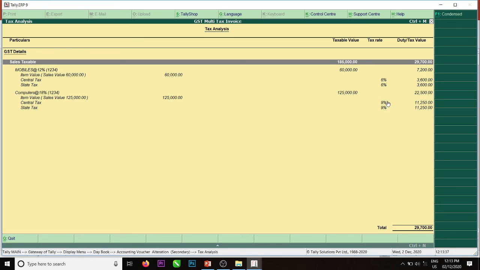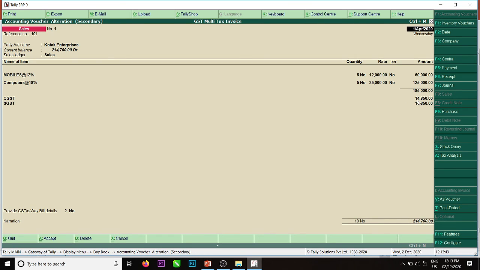But with these two, 9% and 6% SGST, CGST, in the invoice it is calculated as half of it: central CGST 50% as well as SGST 50%. That is the advantage of this invoice preparation with two tax rates.